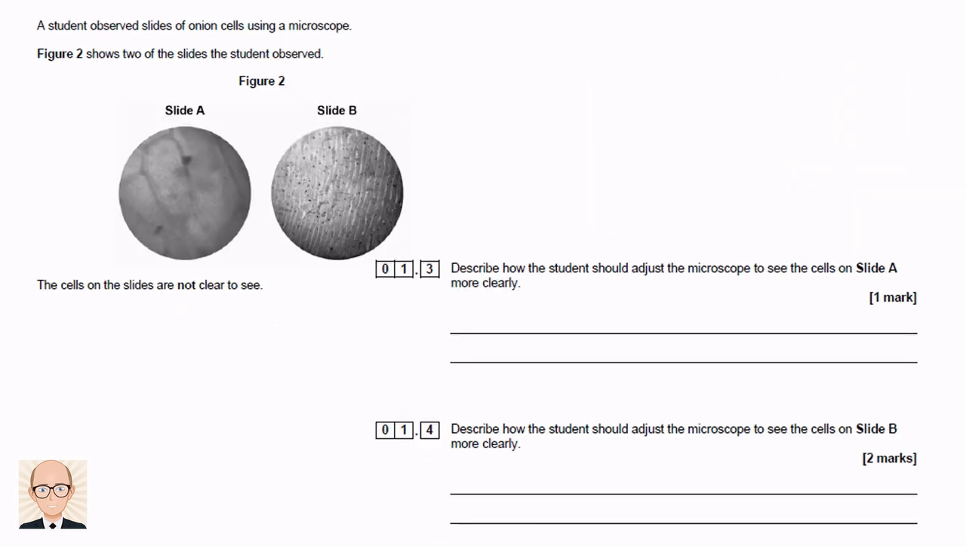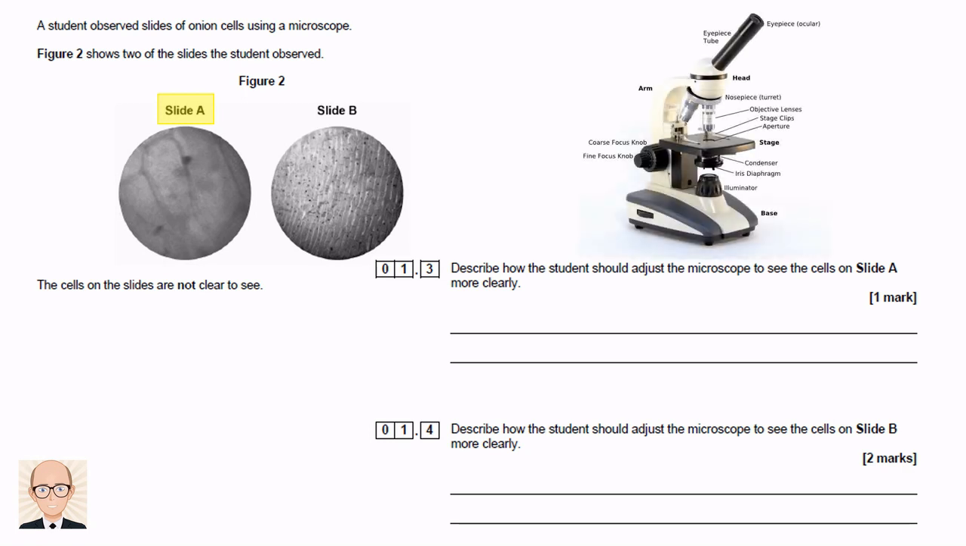The next question is about setting up a microscope to look at some onion cells. The student saw some cells on slides A and B, but they were not very clear. The first question asks how the student should adjust the microscope to see the cells on slide A more clearly. Those cells don't look to be in focus, do they? If we show a labelled diagram of the microscope, we can see that it's the fine focusing knob that needs